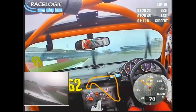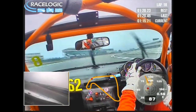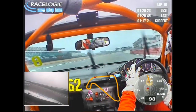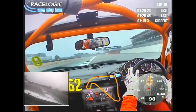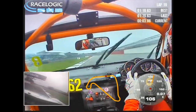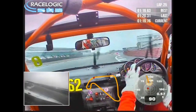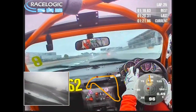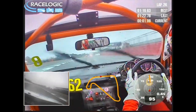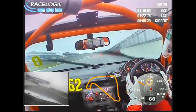It was a really good day for learning how to drive a new car and being able to adapt quite quickly. This car, although it doesn't have a lot of power and relies on momentum mainly, doesn't have a lot of traction either. So it's a fine balance of being able to get a lot out of a little situation. So after putting in the 19.6, a couple laps later the checkered flag came down, and I was quite relieved to see that as the race was dragging on a little bit